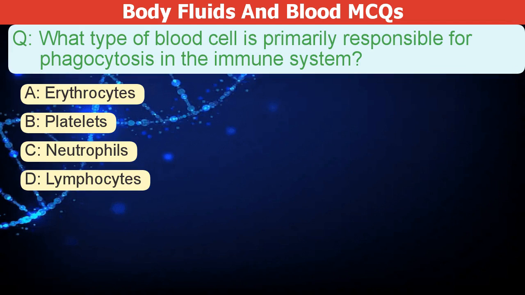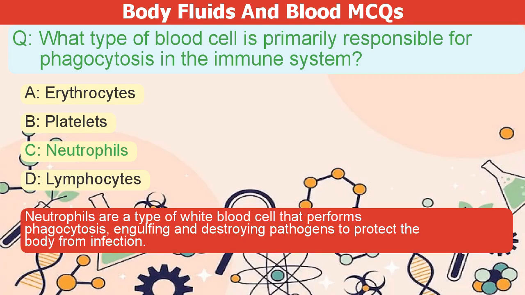A. Erythrocytes. B. Platelets. C. Neutrophils. D. Lymphocytes. The correct answer is C. Neutrophils are a type of white blood cell that performs phagocytosis, engulfing and destroying pathogens to protect the body from